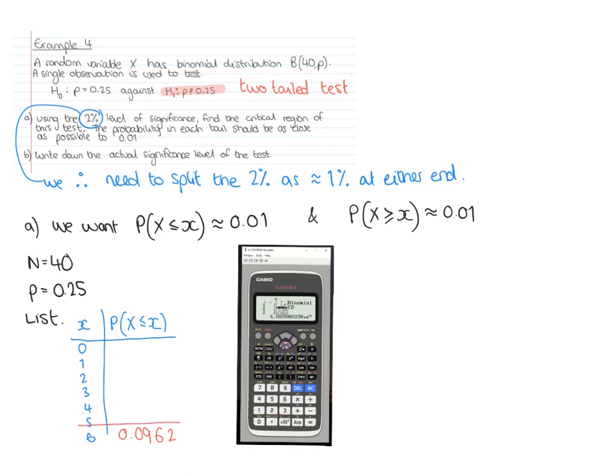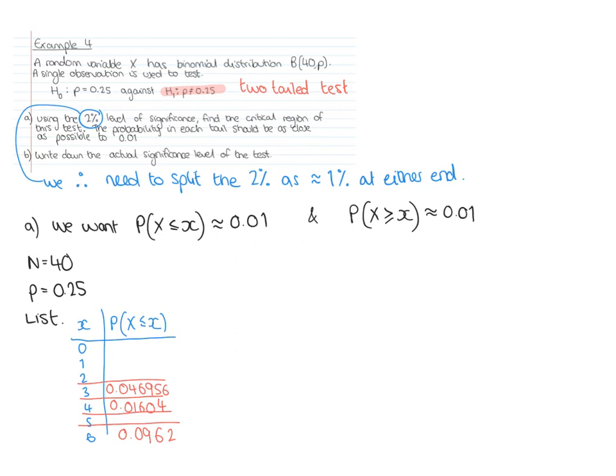Note, if we highlight the values with the keys, as in using the arrows, you can see more and more values. So we'll write those two down and then look which one of those is closest to 0.01. That's a critical value. It's got to be closest to 0.01 because we split that 2% either way. Okay, I just corrected a typo there. So now what we're looking at is which one of these is closest to 0.01, closest to 1%,